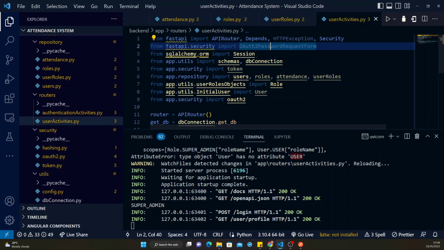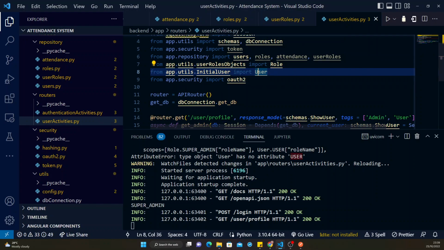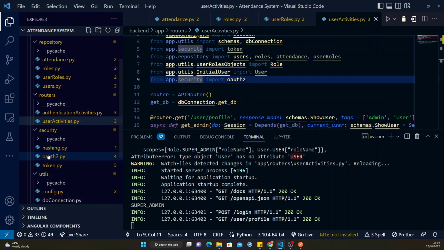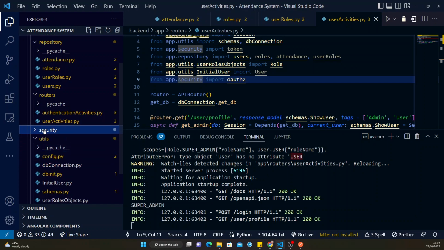I also import SQL ORM. I import session from that. I import my schema, my database connection, my token. I think I will come back to use it later. I also import my user role attendance and then user role from the repository. I also import my role objects from the role. I also import the initial user, and then from security of my app, which is this folder, this one, I